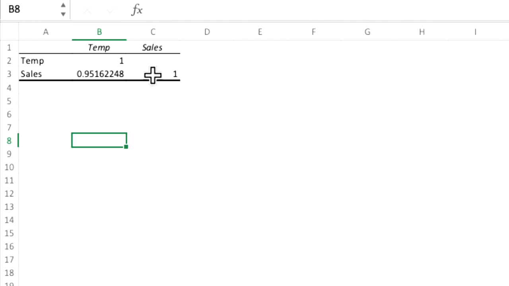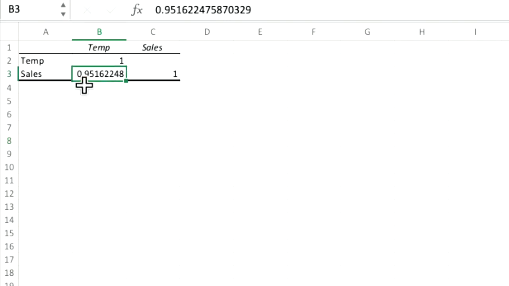So this matrix kind of goes overboard here. It provides every single one of the relationships that could exist between these two. Right here, we have the correlation, 0.95. This is an incredibly high positive correlation, indicating that indeed sales and temperature